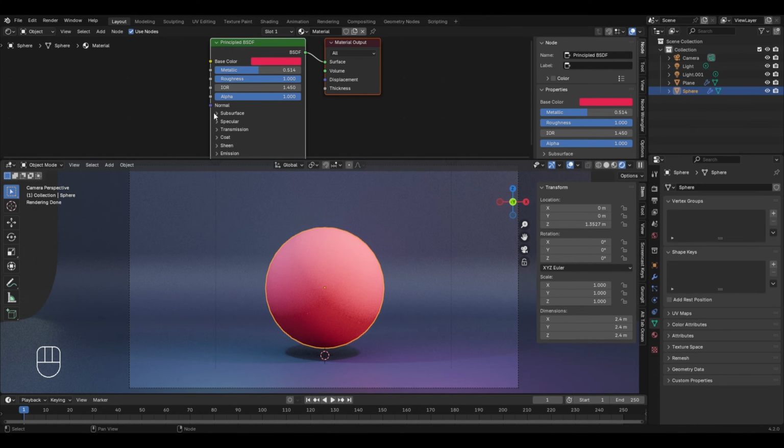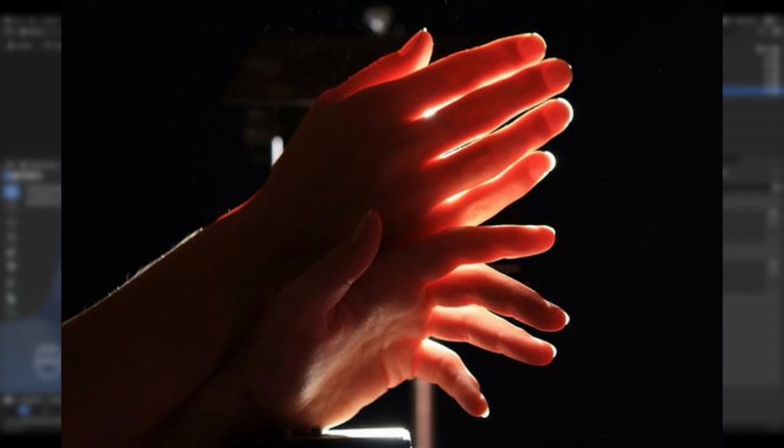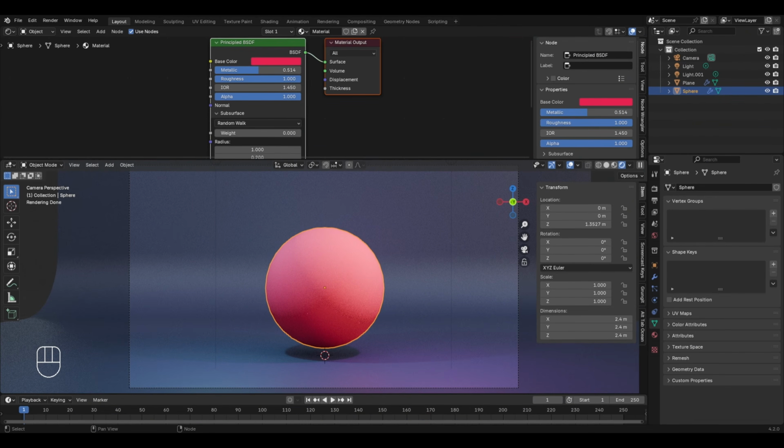But for now, let's continue with the subsurface. Now this particular parameter controls the amount of light scattering within the material. You must have noticed that when light hits an object, for example the hand of a person, then some of the light penetrates the surface and gets scattered. The scattered light re-emerges from the surface at various points, contributing to the overall appearance of the material, and this is known as the subsurface scattering effect, and the same effect can be obtained by using the subsurface in